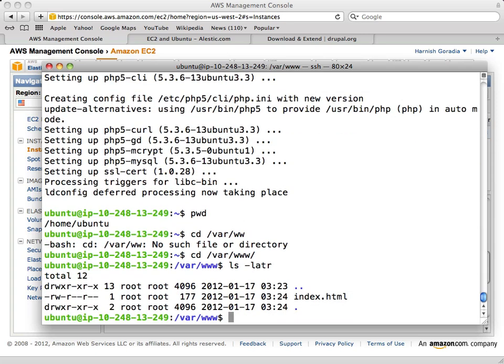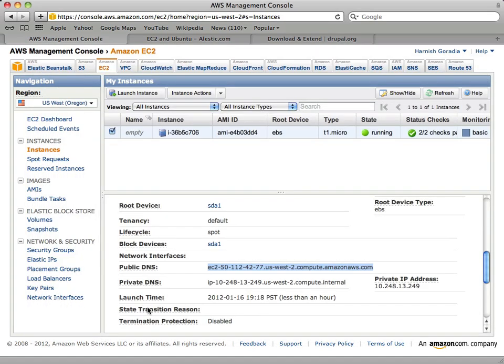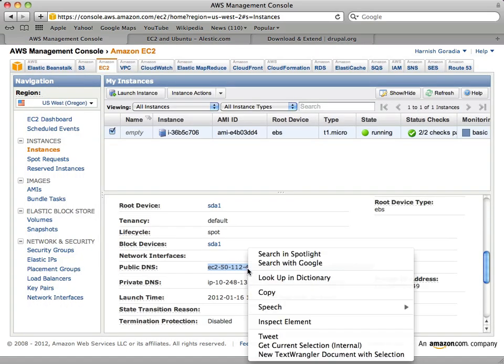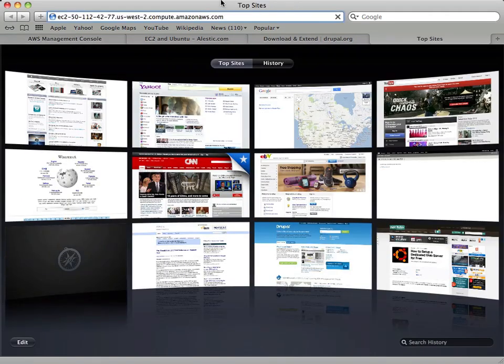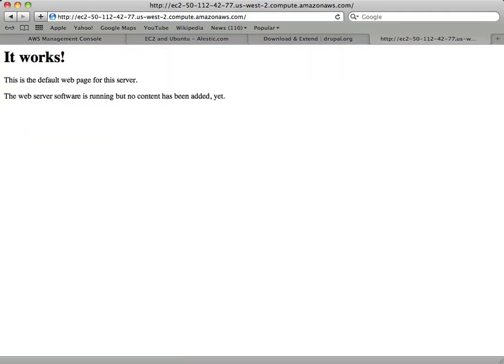Okay, so Apache was installed at /var/www. So let's see if the server is up. So we have Apache up. So let's see if the IP works.